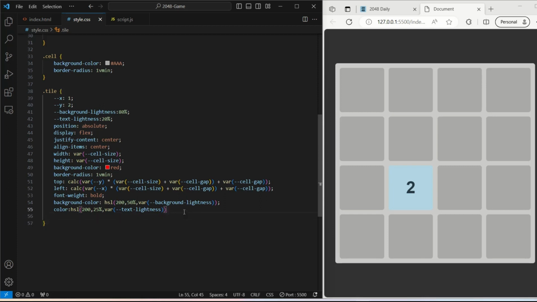See guys, here you can see it will change based on the number present in it. We will see all these things in the JavaScript guys. We will pass X value, Y value, background lightness, text lightness in the JavaScript. I will show it there. Next I will